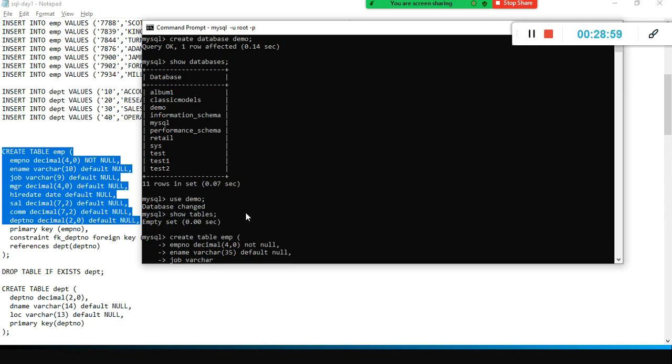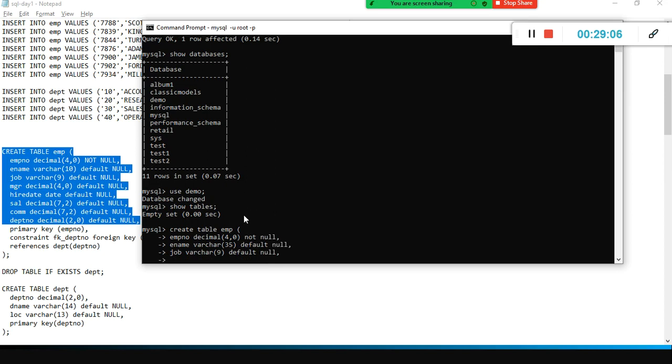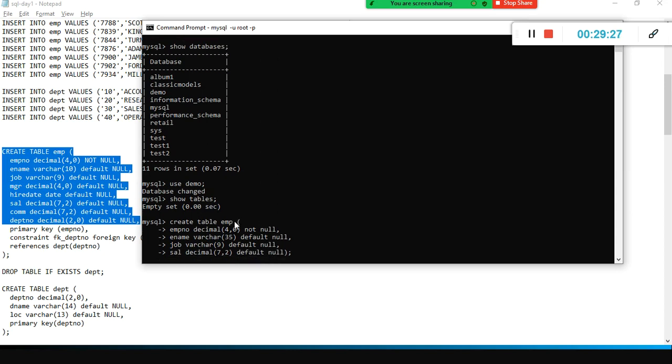And then job. Job is a character data type, so I'm going to use default null, comma. Don't make any syntax mistake. And salary, sorry, it's not a varchar, salary is decimal. It's a float data type. In Java we call it a float data type. And default null. If you don't specify any salary, put a blank value there. Press enter.